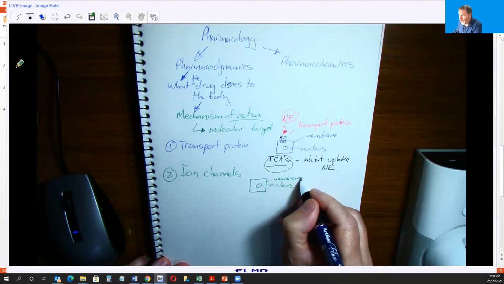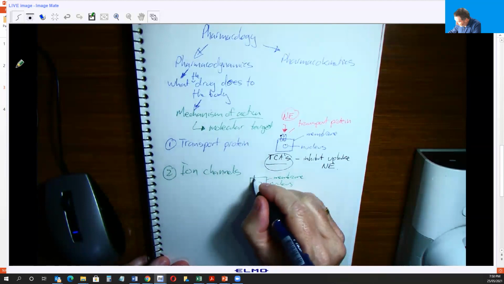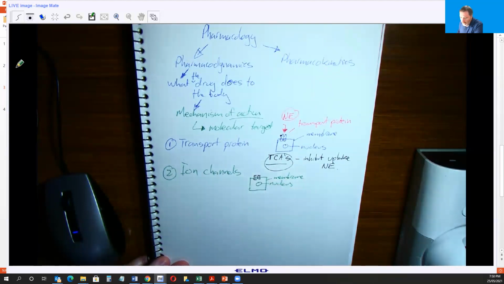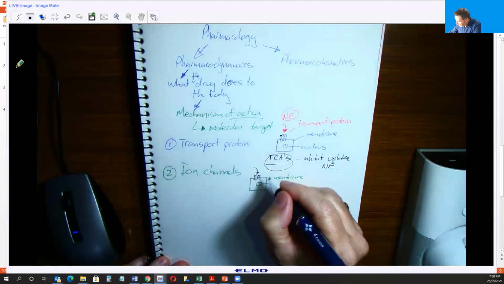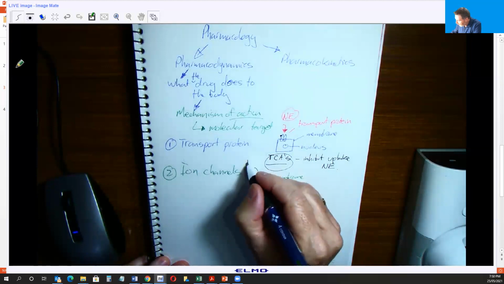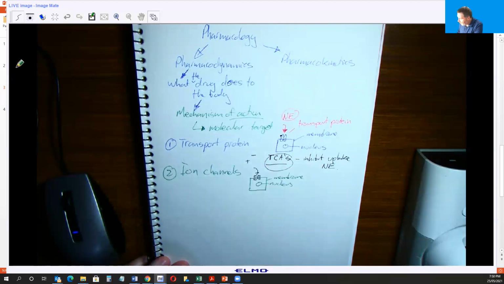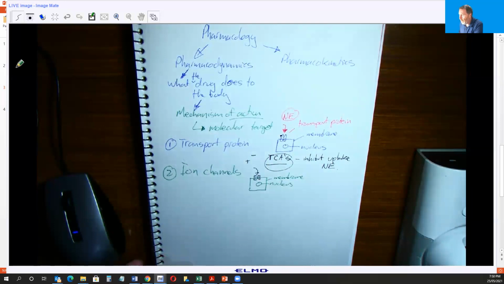We also have special channels that enable certain ions to come into the cell. Ions are either positively charged or negatively charged